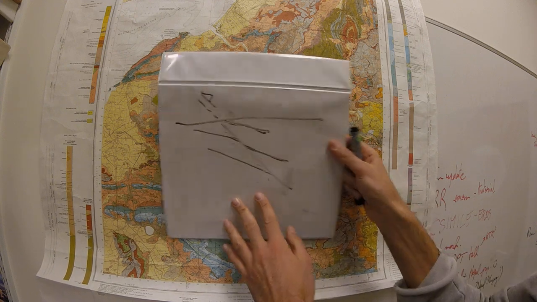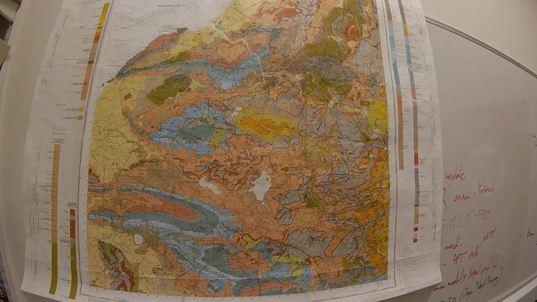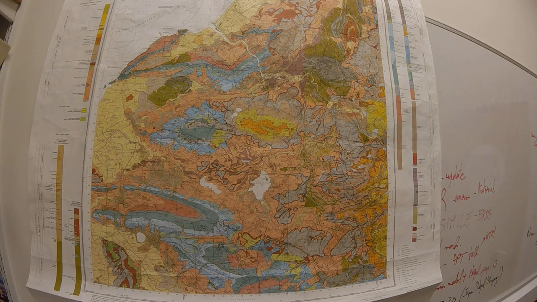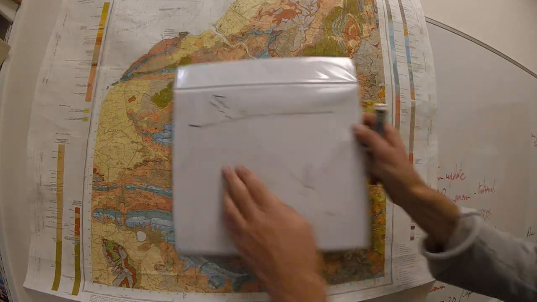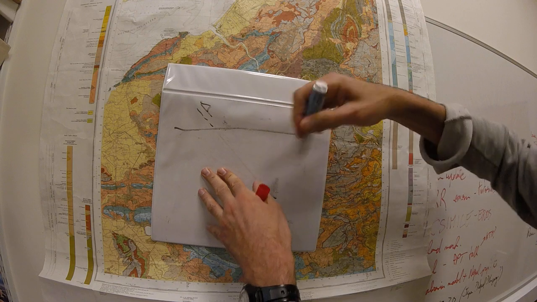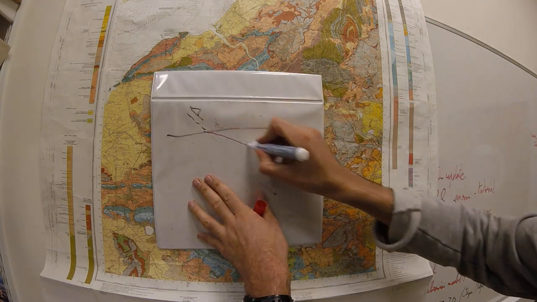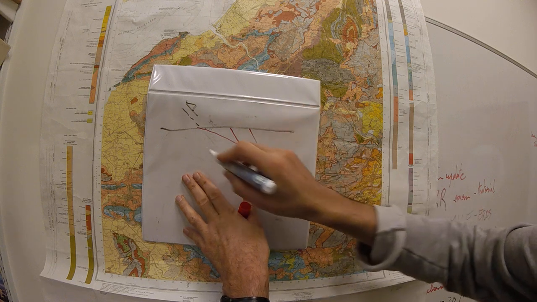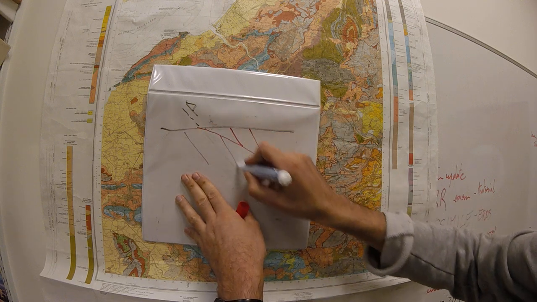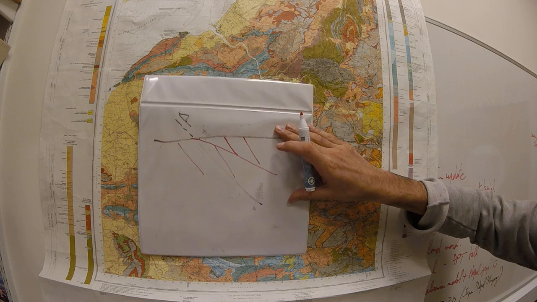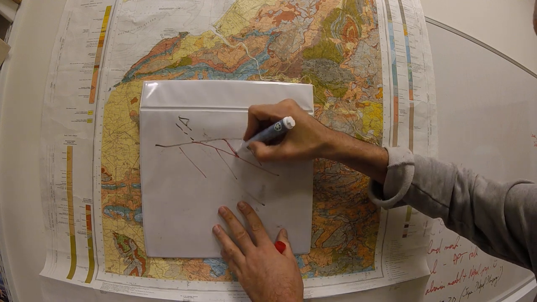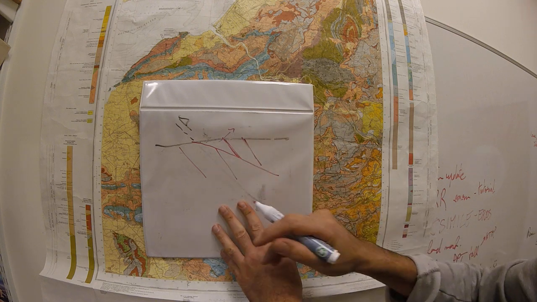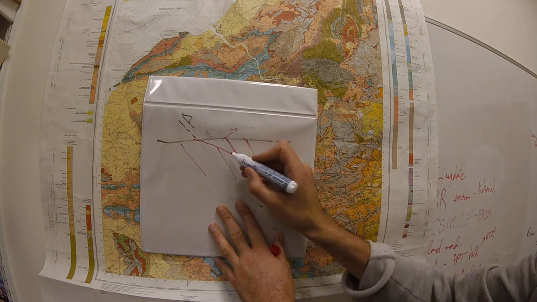What will happen if I did the opposite? Well, imagine we have a situation like that. I'm going to change color. Imagine I make a thrust like that, low angle, and the beds are dipping more steeply. Well, so if nothing has been inverted, if we are getting into younger rocks this way, okay, you can see that we're bringing here